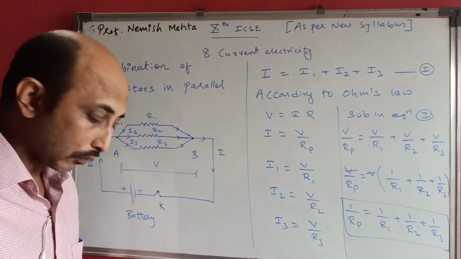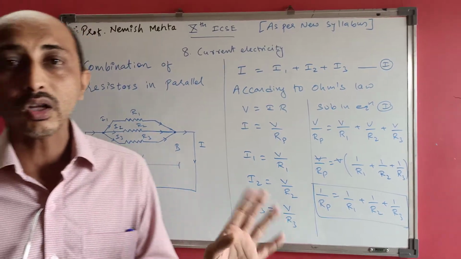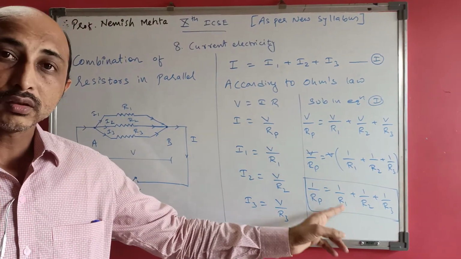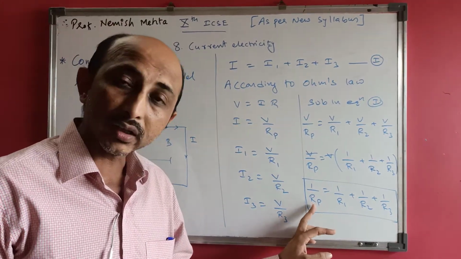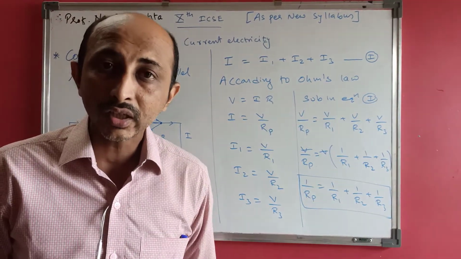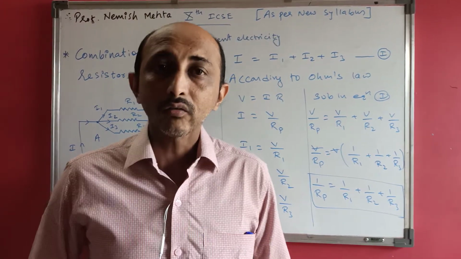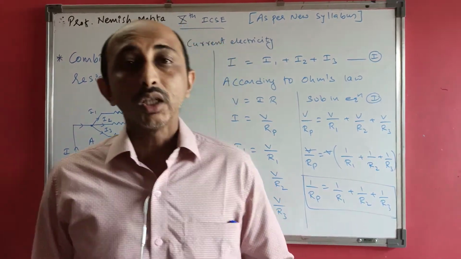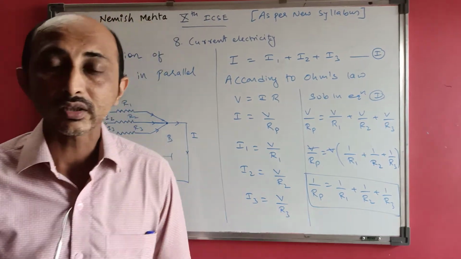Getting it? Now what is the difference between series and parallel? In series, it is the addition of all the individual resistances. Here it is the reciprocal of the resistances and then we have to add. So this resistance in parallel is less than the individual resistance, and resistance in series is greater than the individual resistance. So when we want to increase the resistance, we have to use series combination. When we want to decrease the resistance of the circuit, we have to use resistances in parallel.